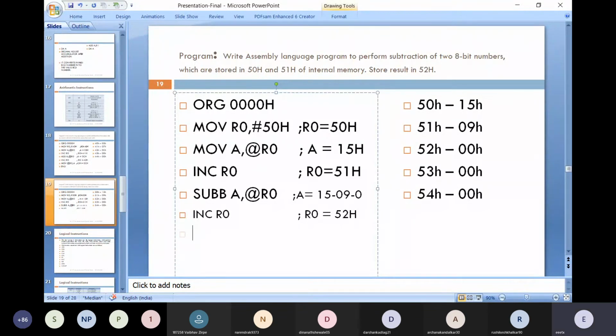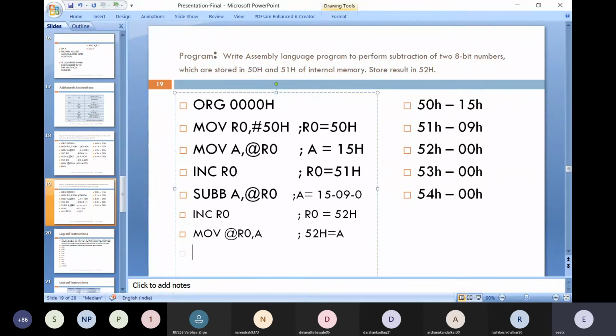After that, you have to use the instruction MOV @R0, A, so that it will store the result of subtraction into 52H. So in 52H, you will get the value of A, whatever the value is.